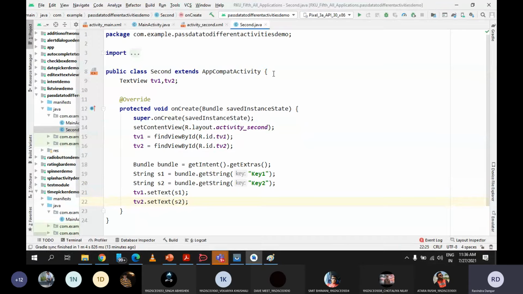Then in the second.java file, what have we done? See, there are 2 text views. In both the text views, I want to set the text. पहली जो एक्टिविटी है उसमें जो पहला एडिट टेक्स्ट है उसमें जो भी टेक्स्ट रिटर्न हुआ है वो मुझे पहले टेक्स्ट व्यू में सेट करना है, और ऐसे ही मुझे दूसरे टेक्स्ट व्यू में दूसरा एडिट टेक्स्ट सेट करना है।